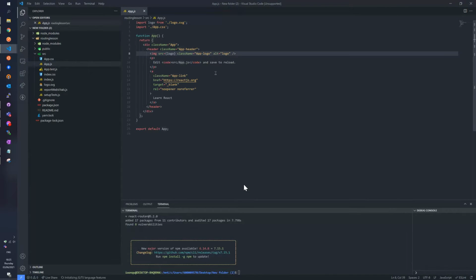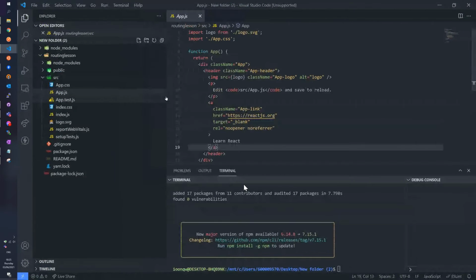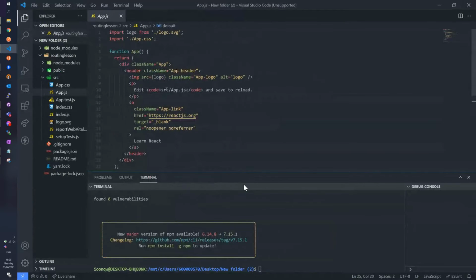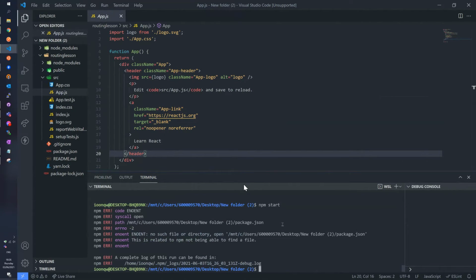So yeah, I should probably zoom in a little bit. Okay. So yeah, this you probably recognize already. Like every time you create a new React app, this will have the rotating image. So let's do npm start and see what we've got here.